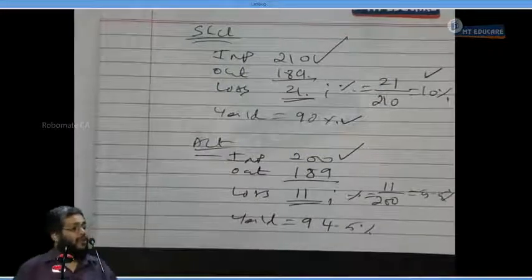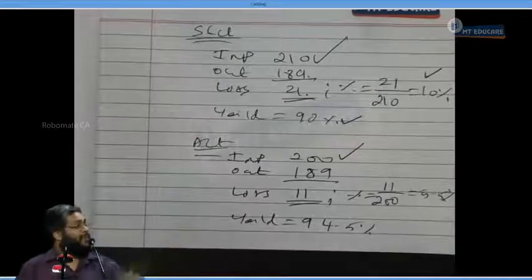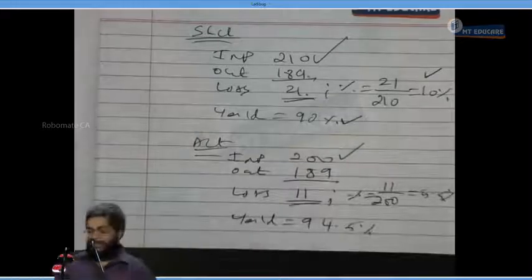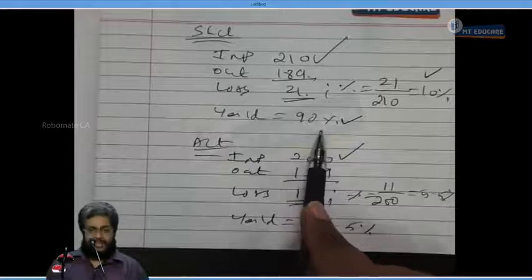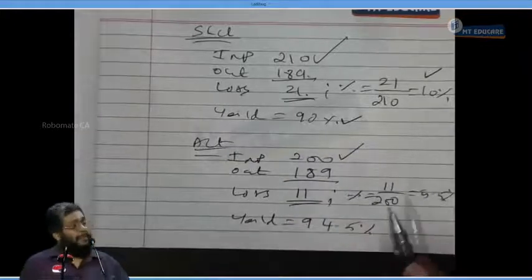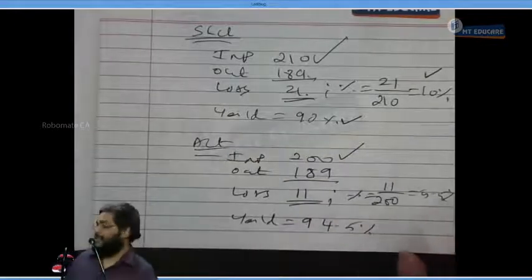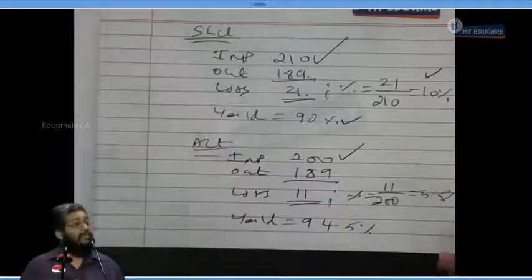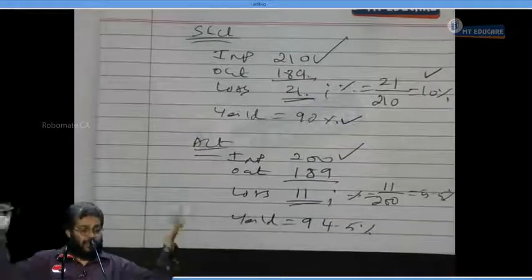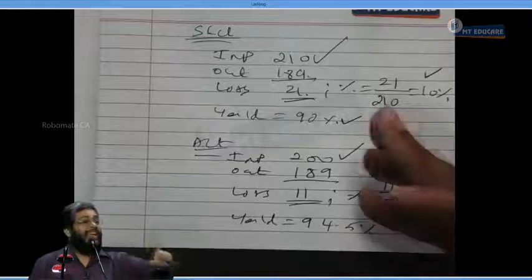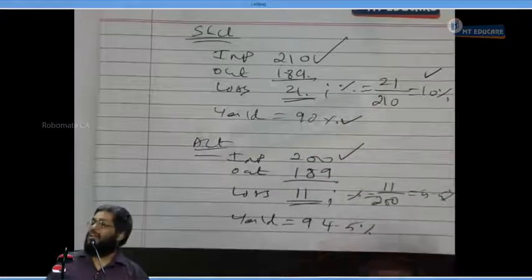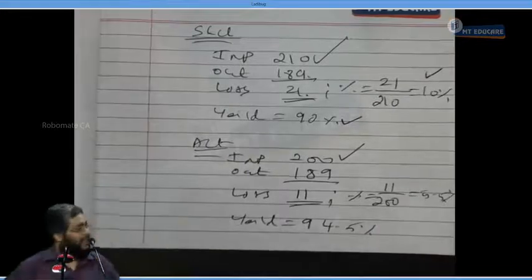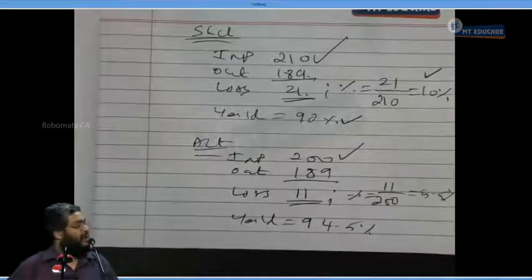Why? Because the loss has reduced. The yield has improved. Everybody, yes or no? Now, that means the yield is favorable. I targeted a 90% yield and a 10% loss, but I achieved just 5.5% loss and 94.5% yield. The yield has improved by 4.5%. In money terms, we have a yield variance of 160 or some number. Everybody, are you understanding it or not? We call this yield variance. Everybody, yes or no?